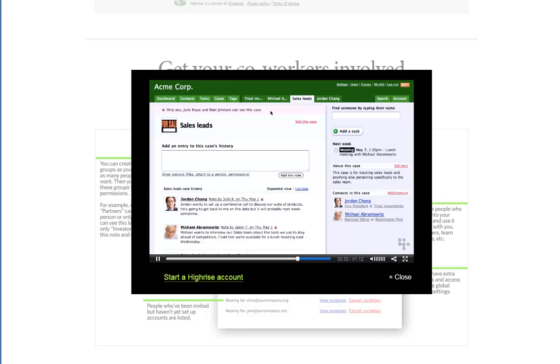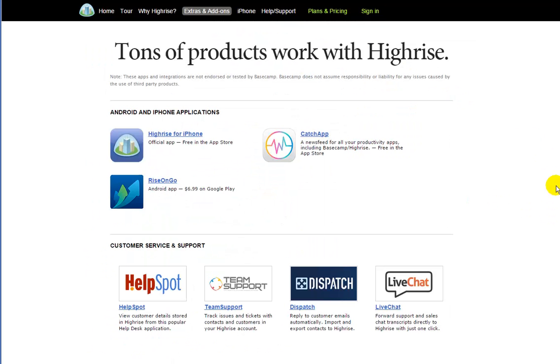Now Highrise will only show this case to people in my sales group. And I can use the same technique for people and notes too. Groups are a quick and easy way to specify who can see what on your Highrise account. Give them a try. There are many different products that work with Highrise, and I'm not going to go through